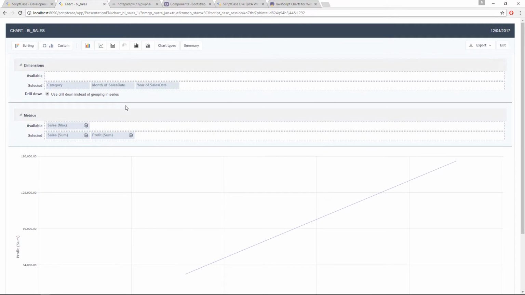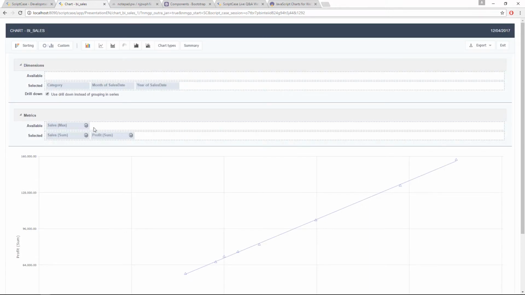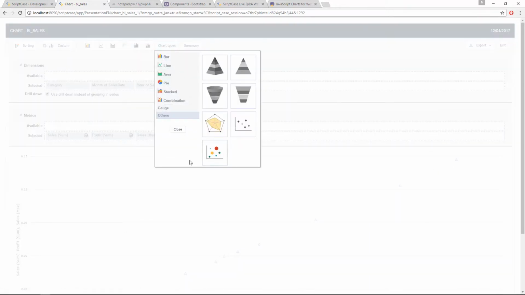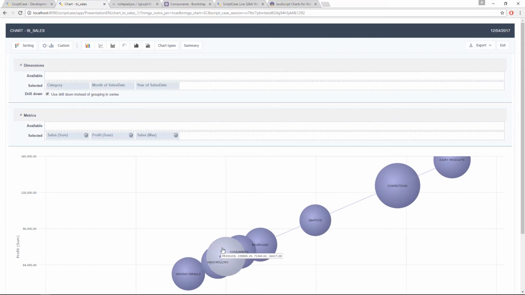The same for the bubble chart. For example, I'll need 3 metrics at least. So if I go here and add another metric, I'll see that the bubble chart is now available, so I can use it. Okay, so we have all this also inside the documentation,